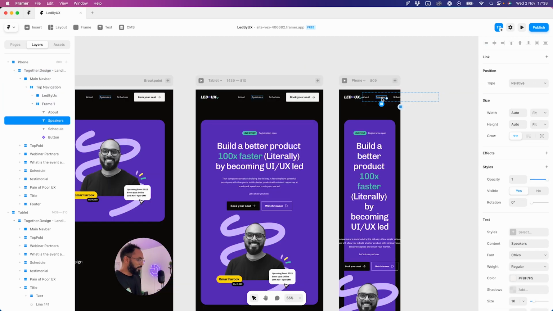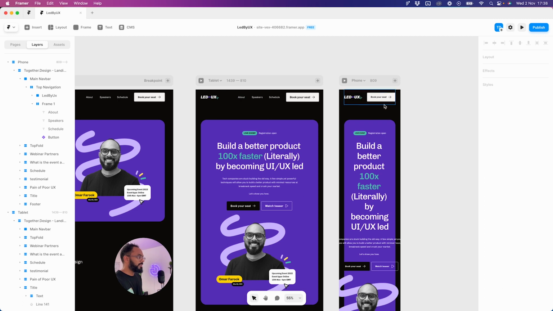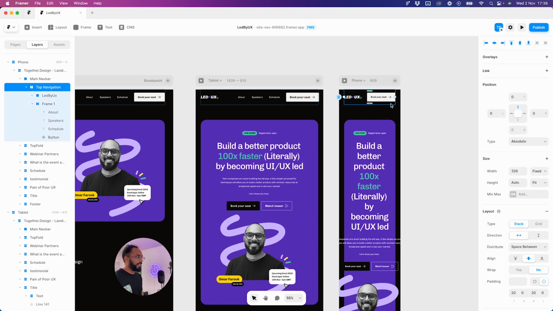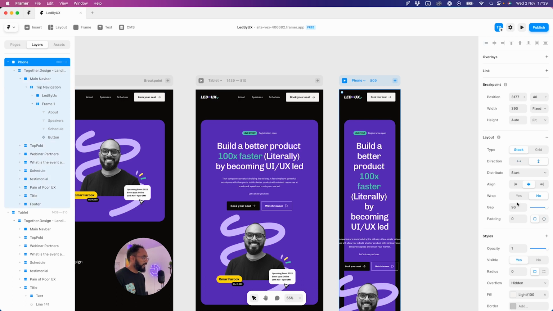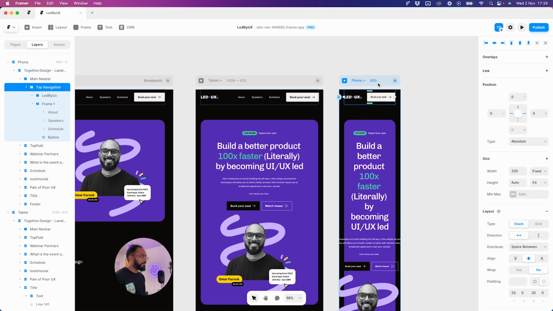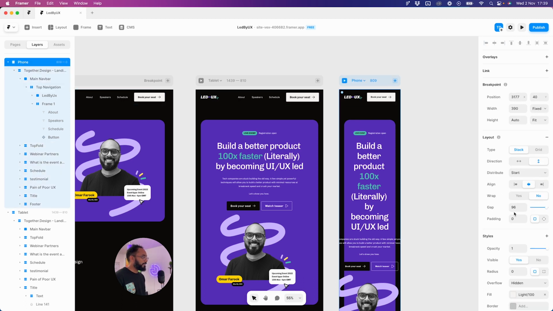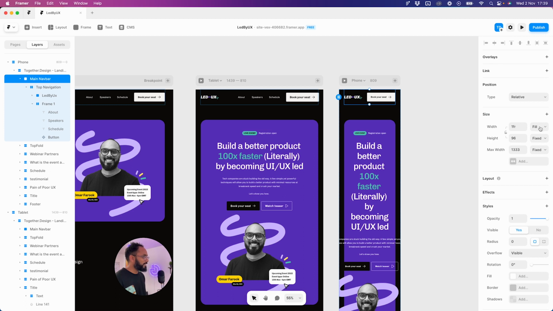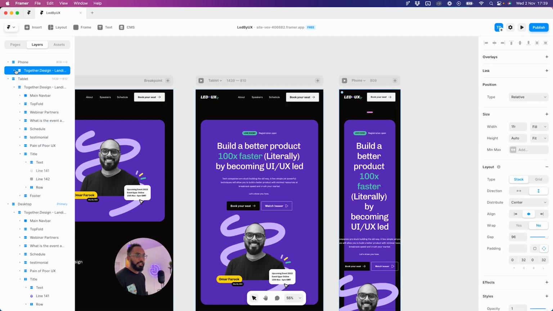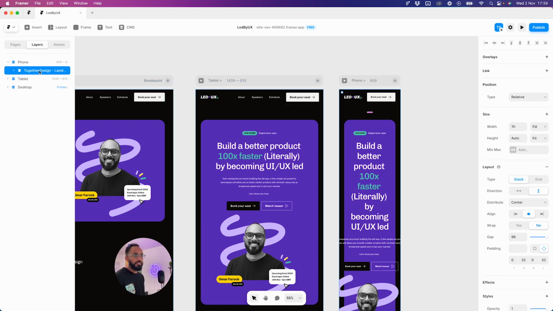In fact, what we'll do is we'll hide, I don't think, because this is an events page, we don't need all of the call to actions. We just need this, and we're ready to go, so that is pretty much it there. And here, what do we have here? Gap is 96. Is this set to fill? Why can't I set this to fill? Oh yeah, because I'm not selecting the main layer. There we go. So this is set to fill, and this whole section here is set to